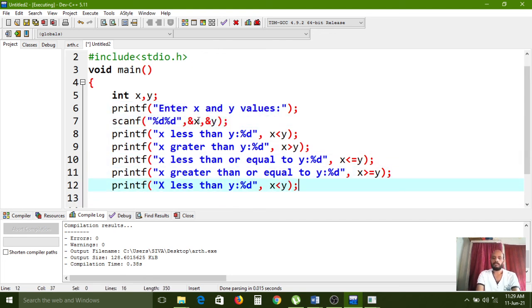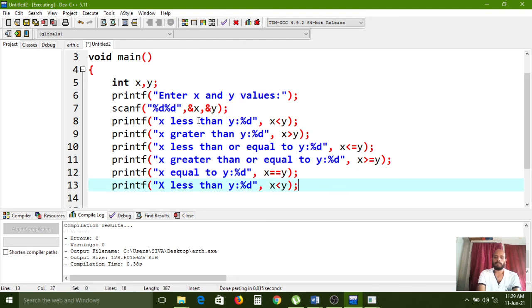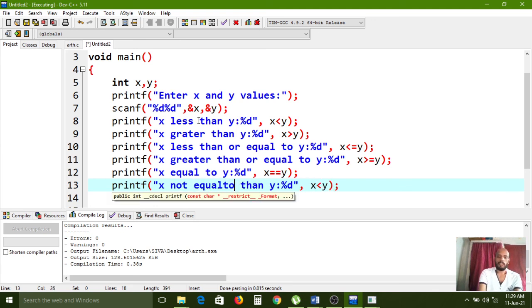Again Ctrl V: x equal to y. Here the double equal operator we can use. And again, x not equal to y.